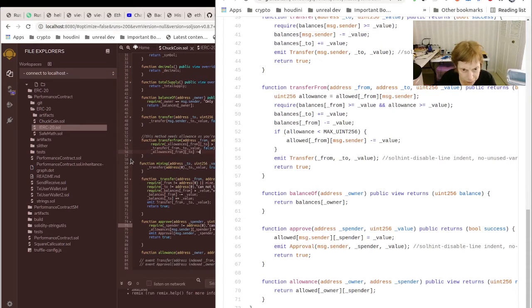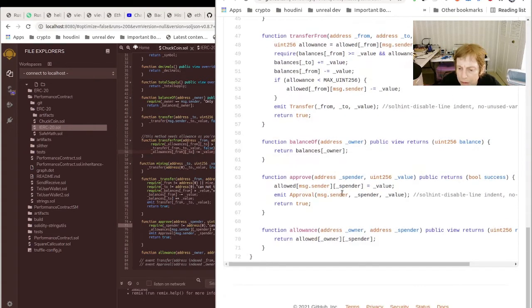Minus equal. And there you go. Now, approve, so we got approve, where actually, I don't think we use that, and that's a separate